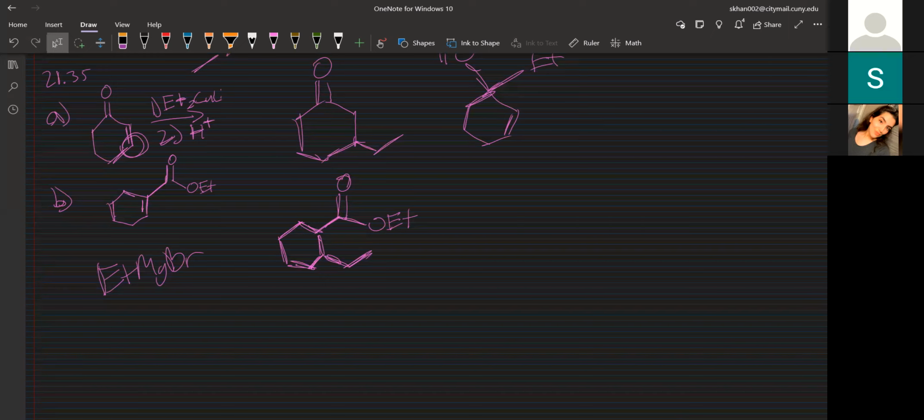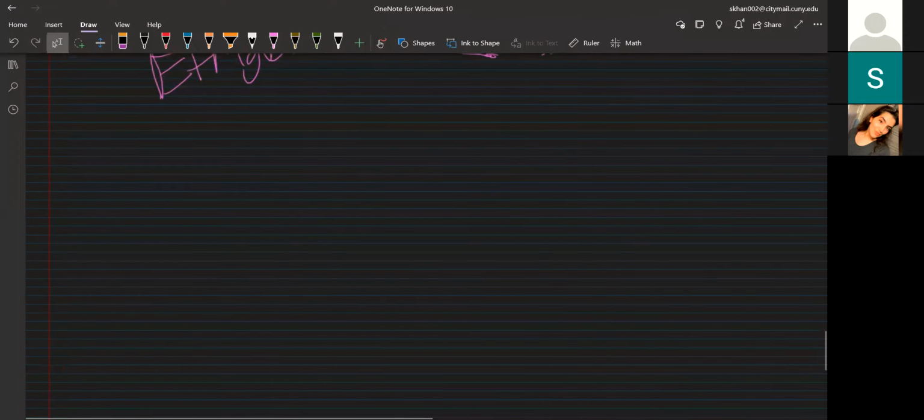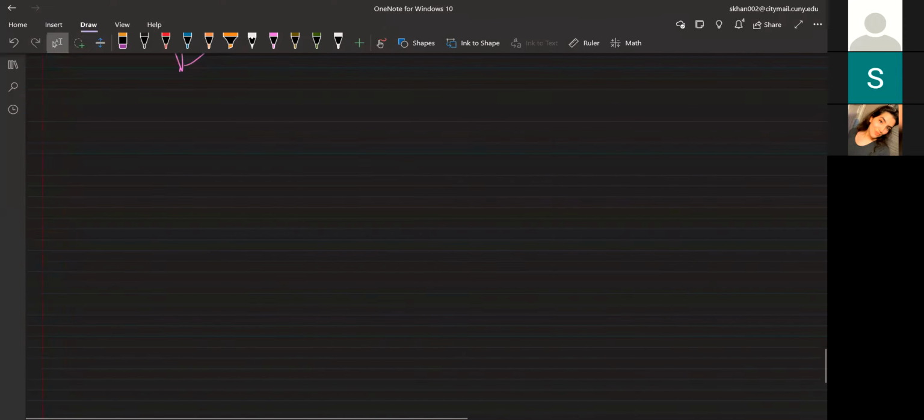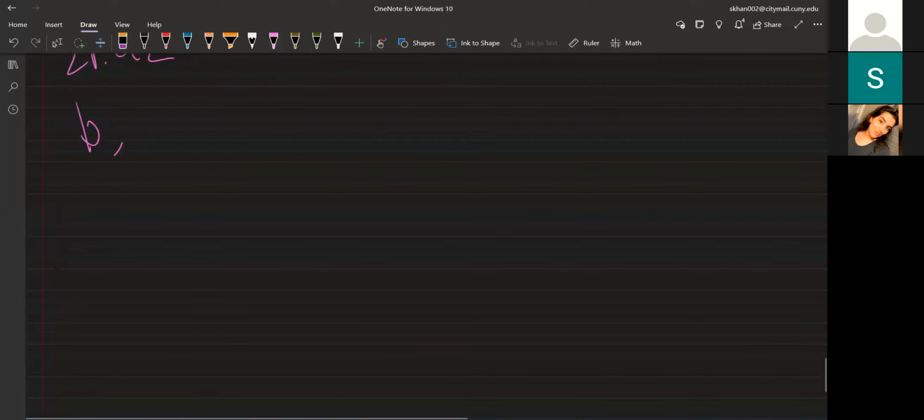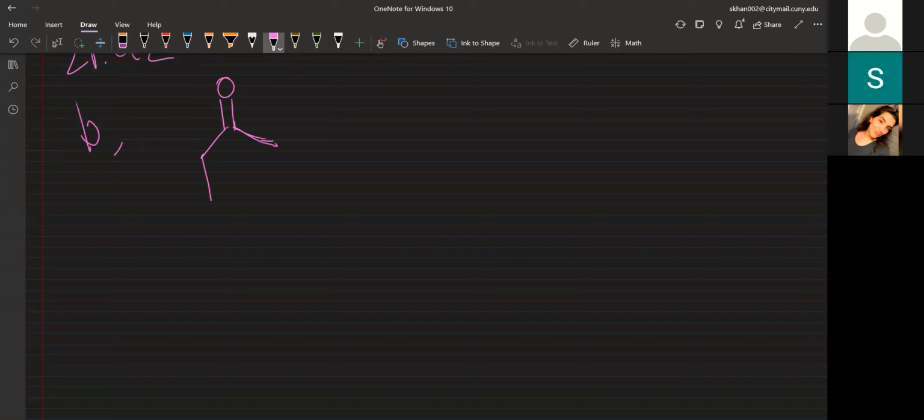Okay, we'll do 21.42b. That's not too bad. I think it should be 3 to 4 steps. All right, it says to start with cyclopentanone, right? So cyclopentanone is this, and your final product is going to be